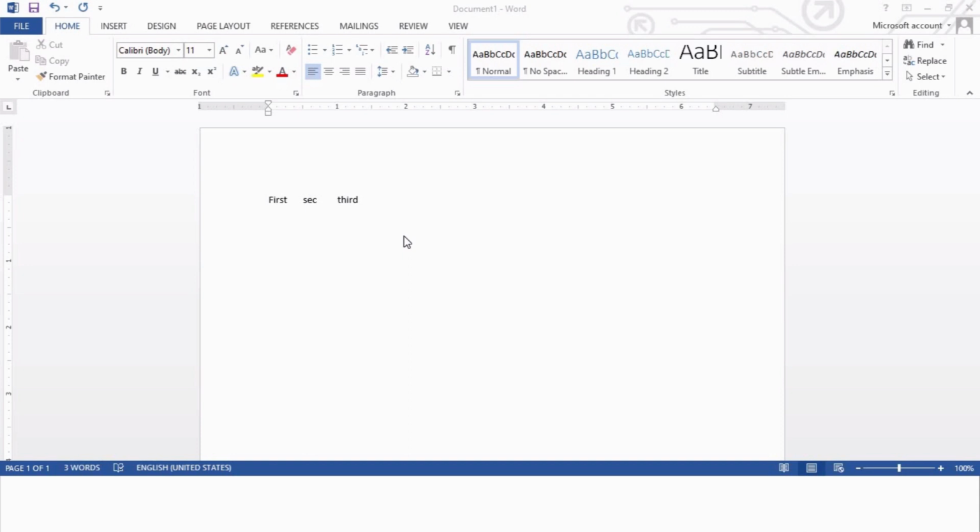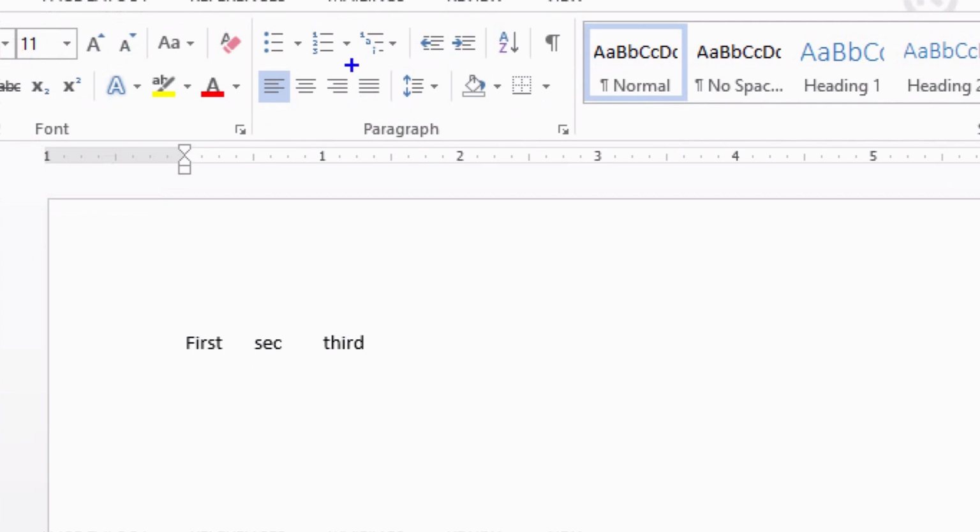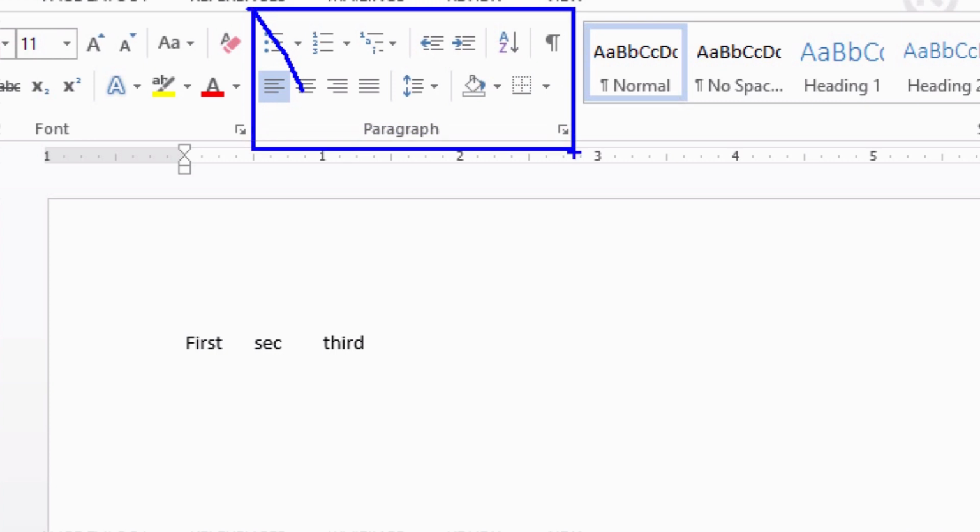If you want to increase or decrease the value of tab stops, that can be done using the tabs option of paragraph. Now see how to do it. For performing this task, first you have to move on to the paragraph group of this ribbon. Then we click on this small icon provided at the right corner of this group.